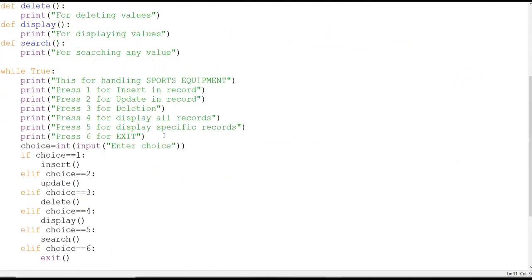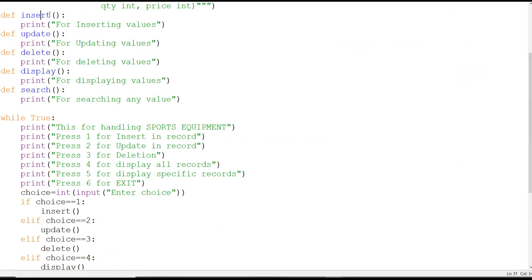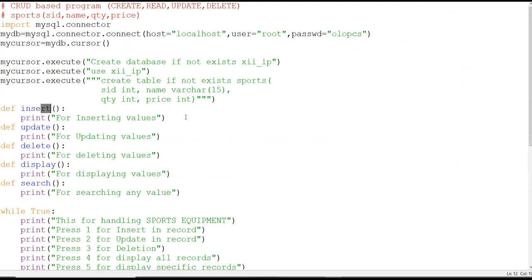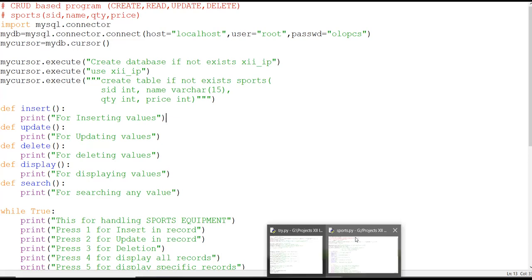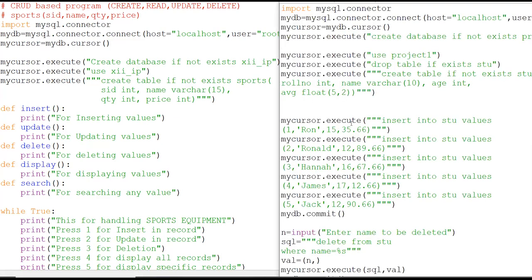Now the next thing is, as we were discussing yesterday, that we are going to make these functions by asking the values from the user. So now we will discuss how we are going to ask the values, and then we will work accordingly. The very first thing was the insert function. Nobody has done that question which was given to you as homework. Nobody has executed it. Okay, so you can see what I have explained to you, that if you want to insert any value, this is how you can insert the value.